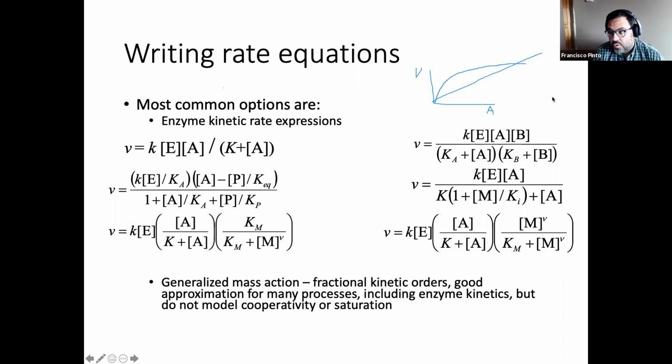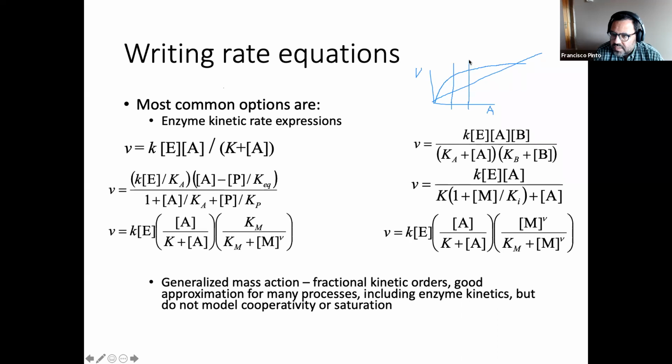But I said that most biological systems are well approximated by mass action kinetic laws. That happens because in most biological systems, when you make simulations about them, the rate of variation of A, for example, is only